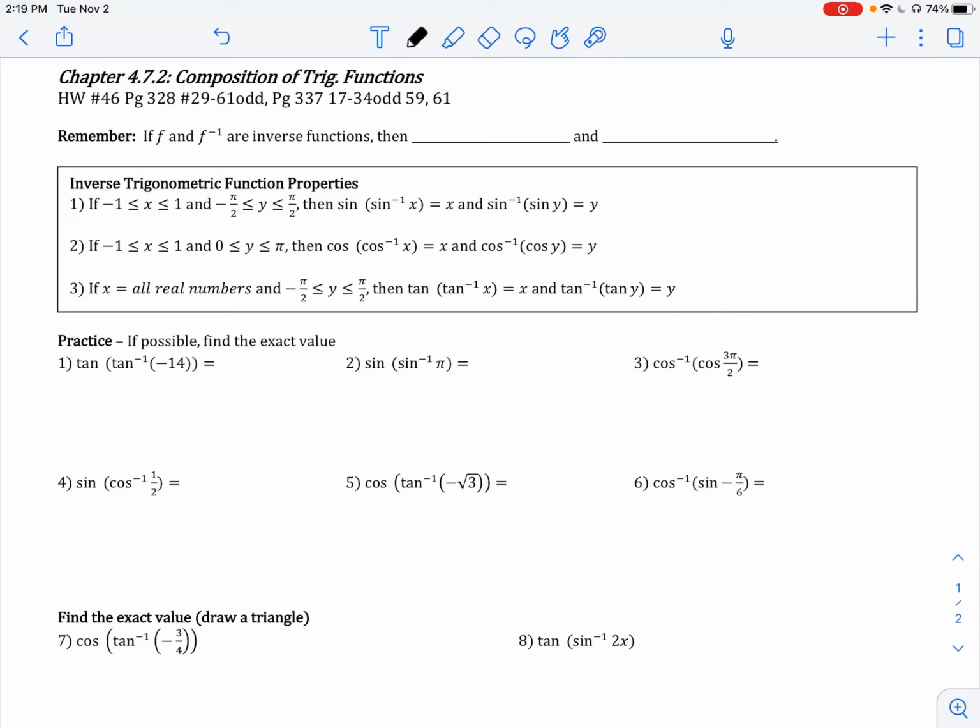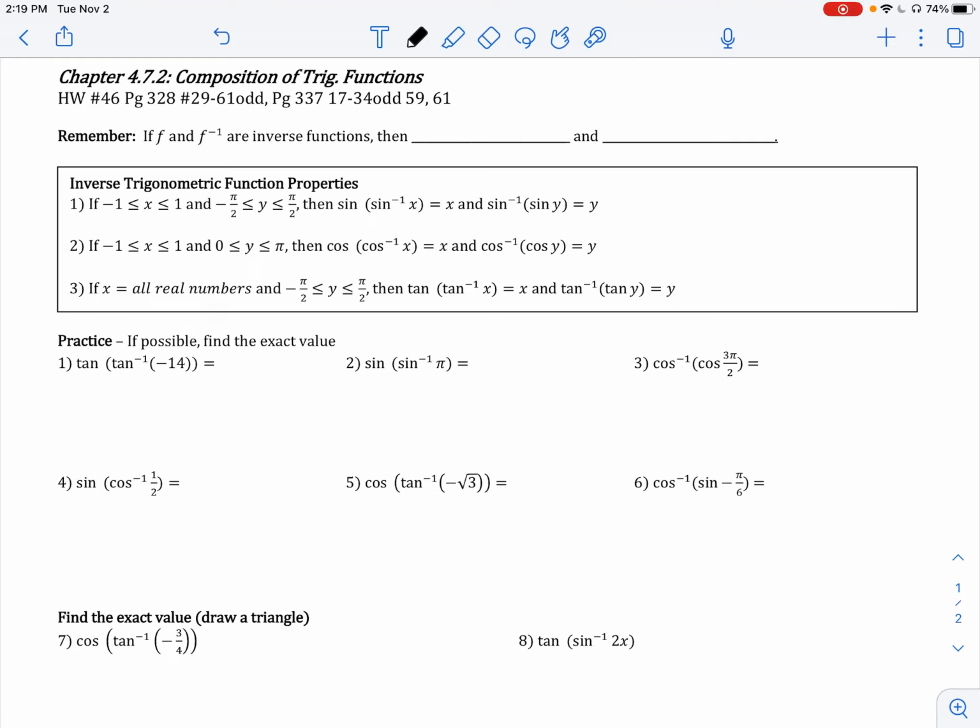All right, we've talked about inverse trigonometric functions, and hopefully we have a better understanding of the domain and range of these inverse trig functions. Now let's talk a little bit about the composition of trig functions using inverses. So go back and remember chapter 1, where we talked about inverse trig functions for the first time in